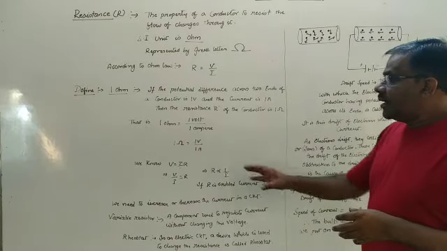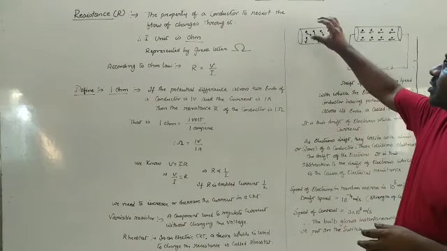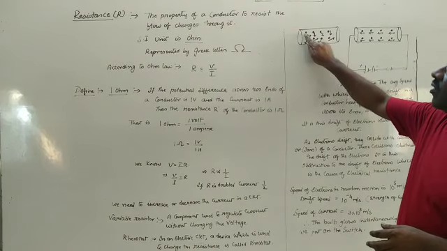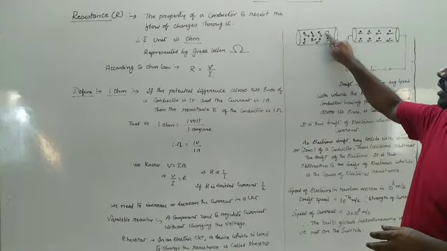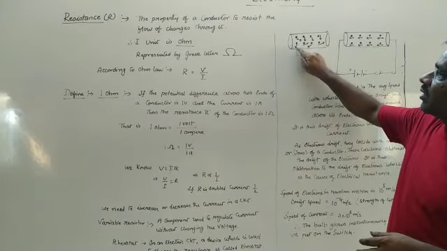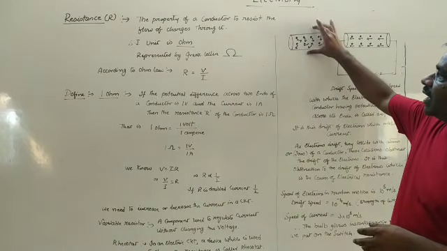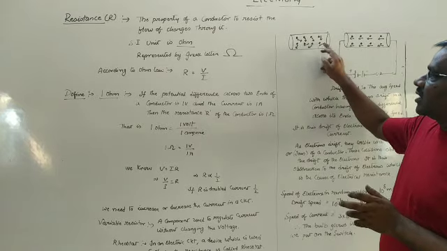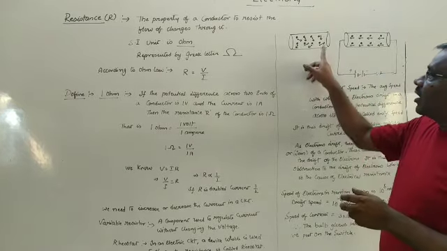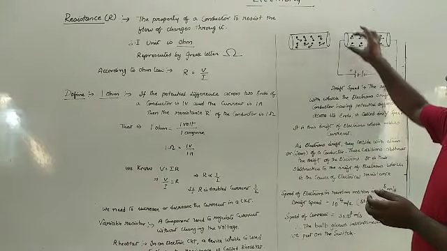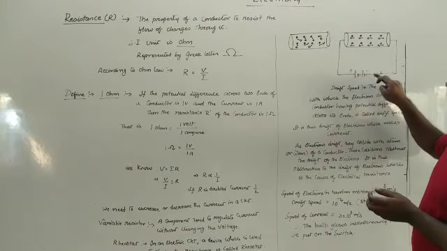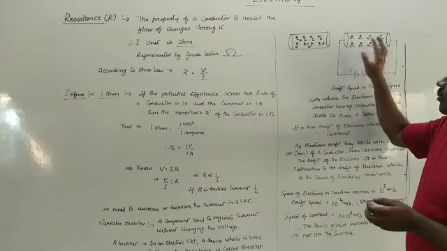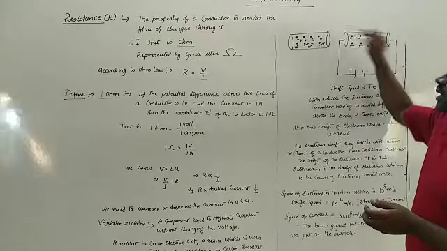Then let us understand the concept of resistance in a simpler way. Suppose I have a metallic wire. Now inside the metallic wire we have atoms, which are represented by the dark letters, and we have electrons which are moving randomly. That means when a metallic wire is not connected in a circuit, the electrons move in different directions and they collide with each other. They are not in one particular direction. But if I establish a potential difference using a battery across the metallic wire, the electrons will all drift in a particular direction. That means the motion of electrons is in one particular direction.